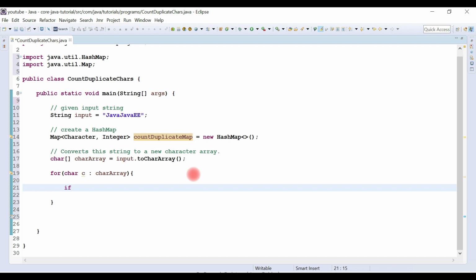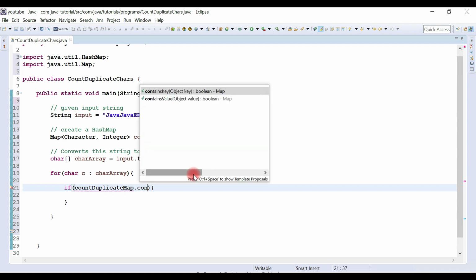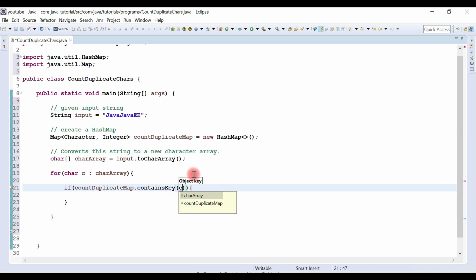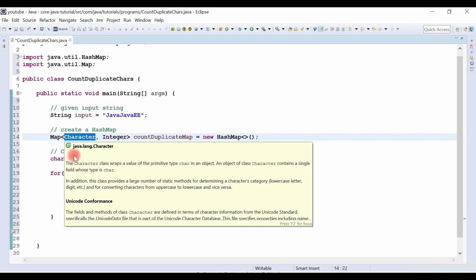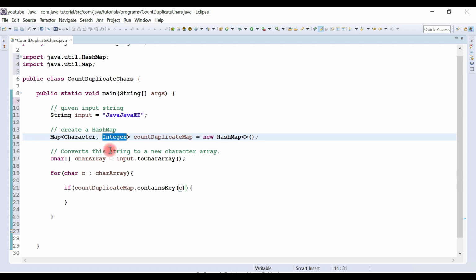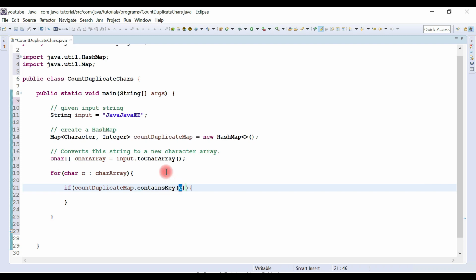For example, if countDuplicateMap.containsKey. Okay, so look at here, we are storing key as a character and its count as a value. Okay, and here the containsKey method we are using to check whether the key is present in a map or not.